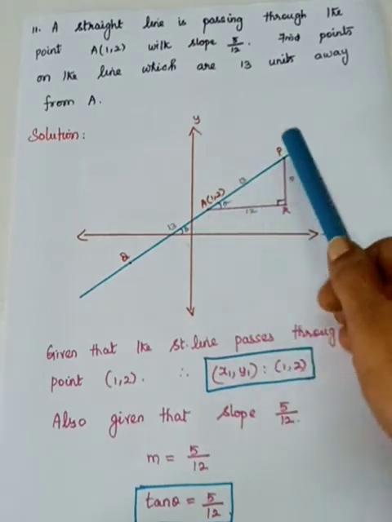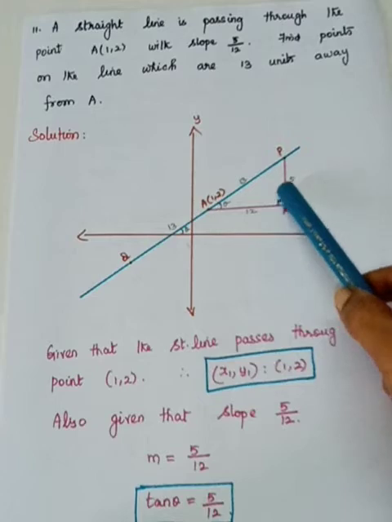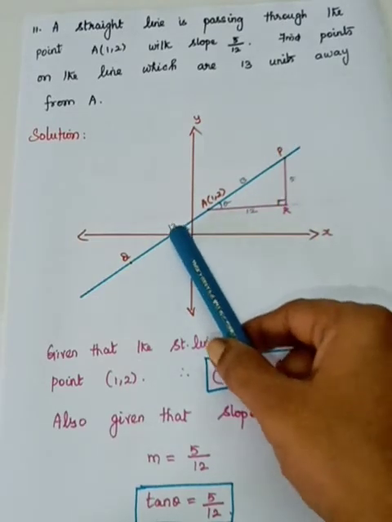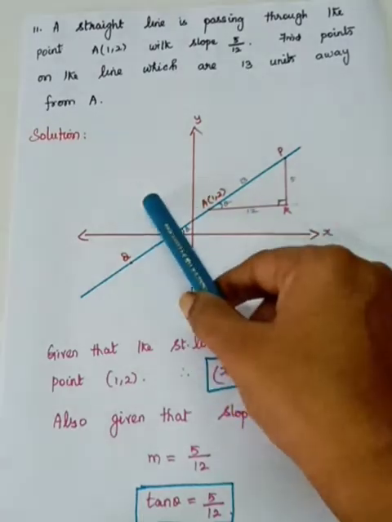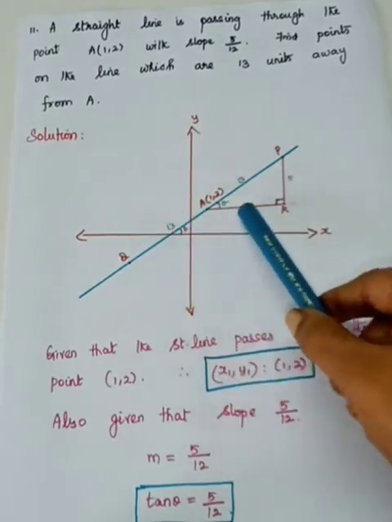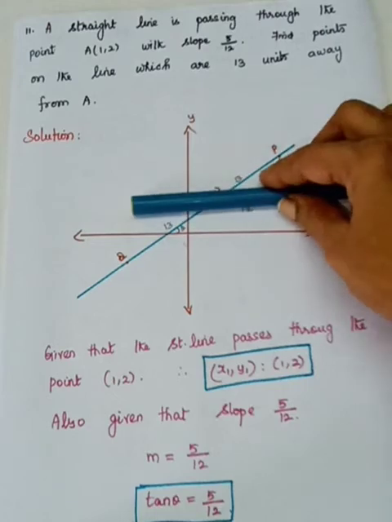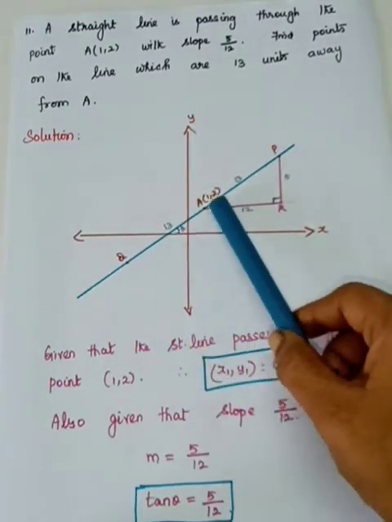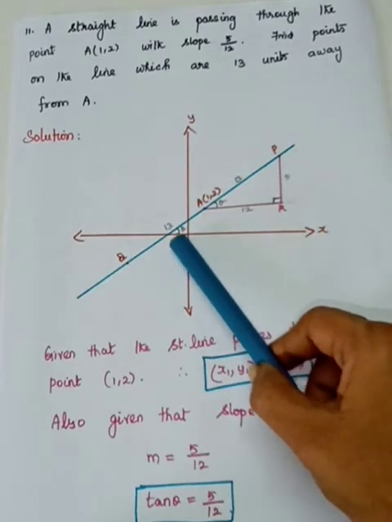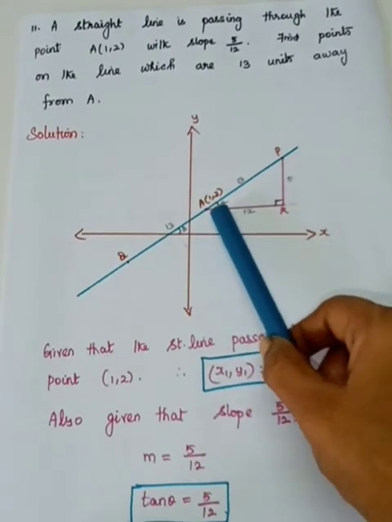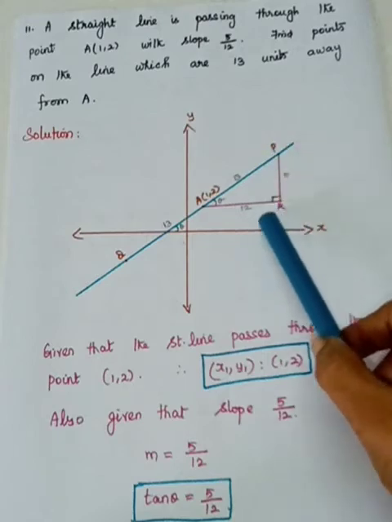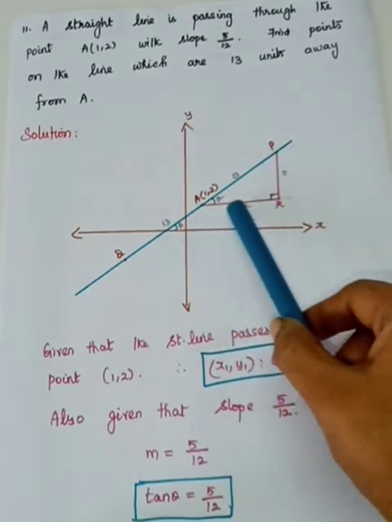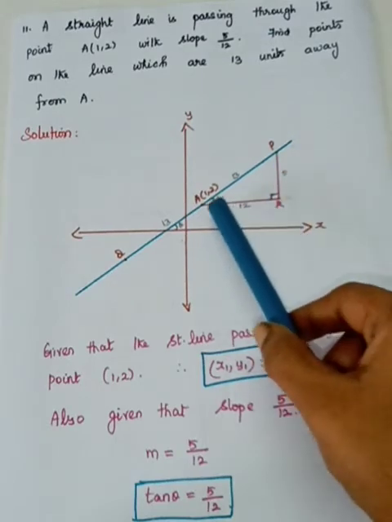And you see that I have drawn a right angle triangle here. So here the x-axis as well as this line AR are parallel. These two are parallel and the straight line is a transversal. So therefore the corresponding angles are equal. So this angle is theta, which means here also theta. So if you draw the perpendicular from P to R and A to R.